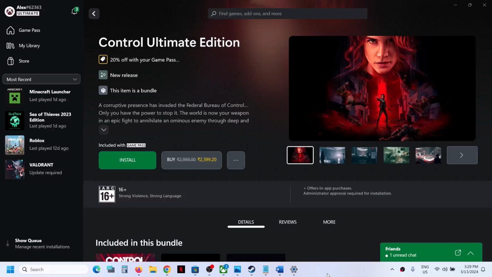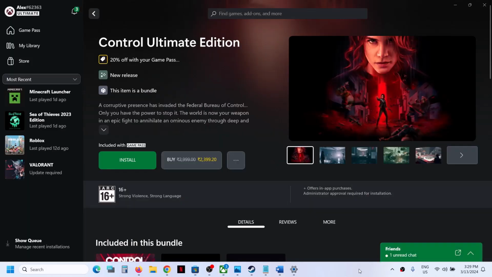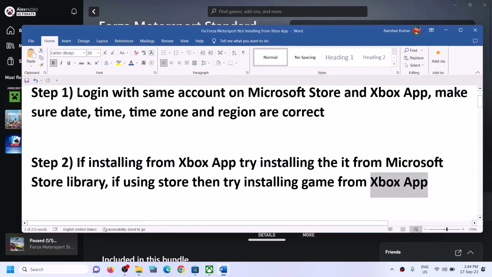Today in this video I'm going to show you how to fix when you're unable to install Control Ultimate Edition game from Xbox app, or if you're unable to install it from Microsoft Store, then please follow the steps shown in this video. The first step is to log in with same account on Microsoft Store and with same account